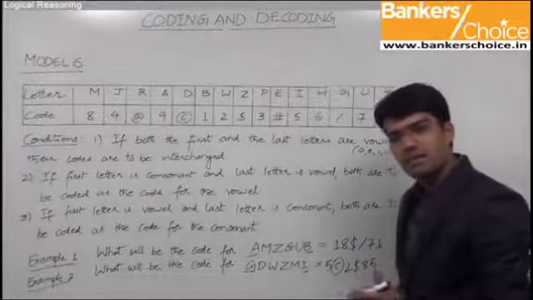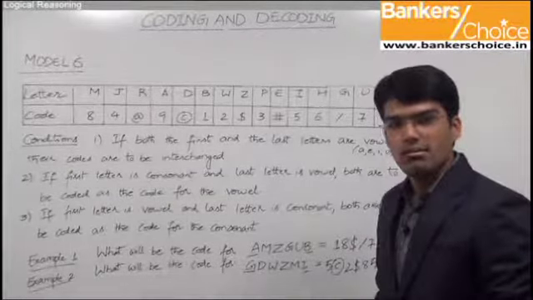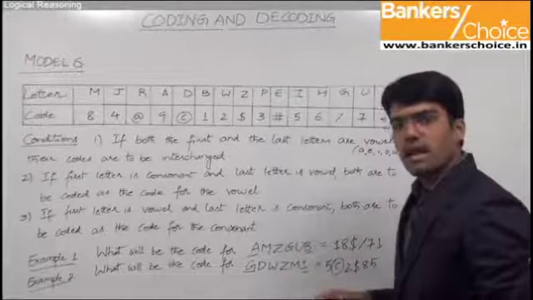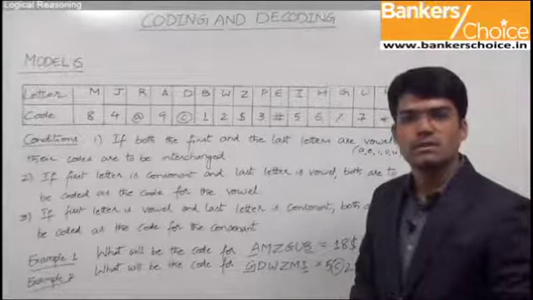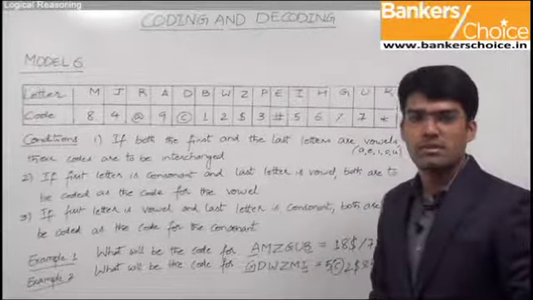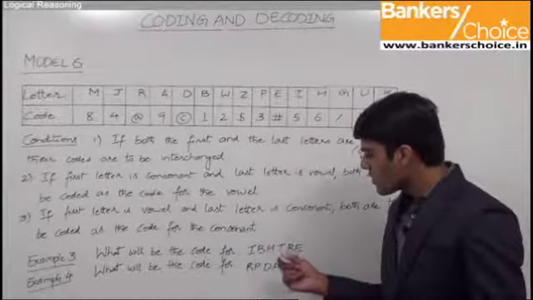So friends, as you can see here, finding out the answer is quite easy. But the only thing is we need to verify the conditions given in the question and accordingly get the code for the given words. Let us now take a few more examples based on the same concept. The third example here is: what will be the code for